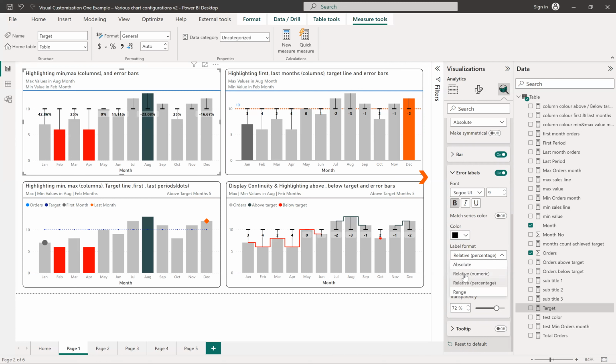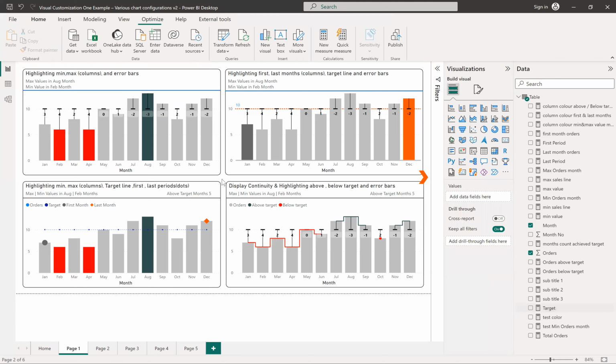For now, I want to make it numeric only. So I just want to see how many orders need to be done. And here it passed, and it did 3 orders. This is how it's showing the information. Hope you understand the first visual, how we customize the simple line and stacked column chart into this particular visual. Let's go and make it a little bit easier,